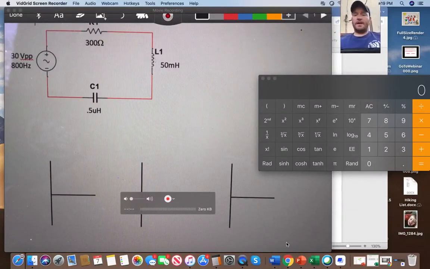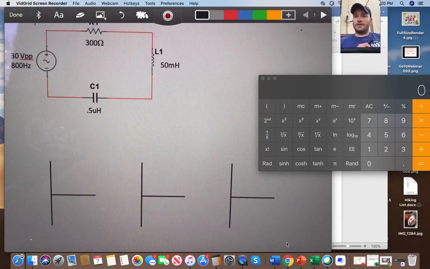I have an RLC series circuit here with a 30 volt peak-to-peak voltage source at 800 hertz. There's a 300 ohm resistor, a 50 millihenry inductor, and a 0.5 micro. This is supposed to be farad, so ignore that. Sorry about that, guys. I typed in the wrong value here when I was creating it. So anyway,